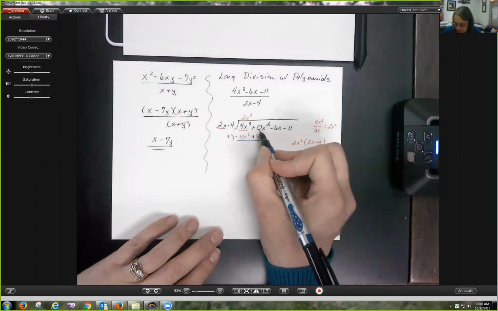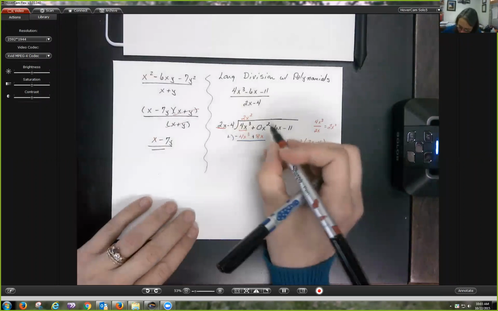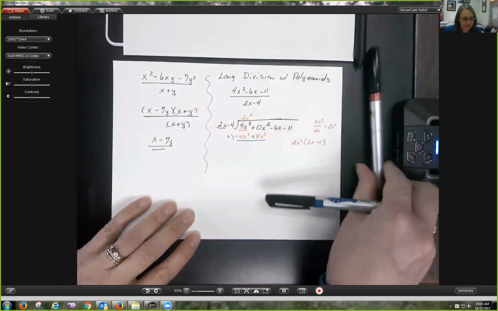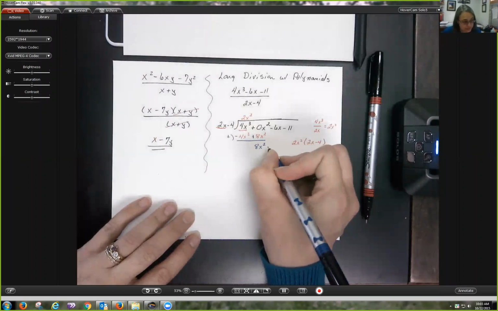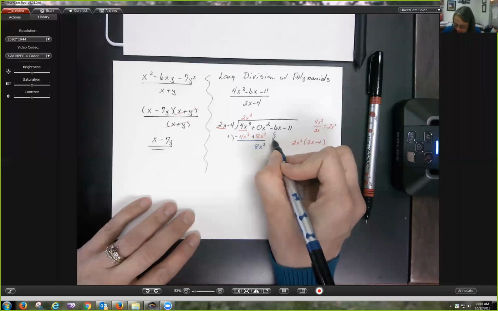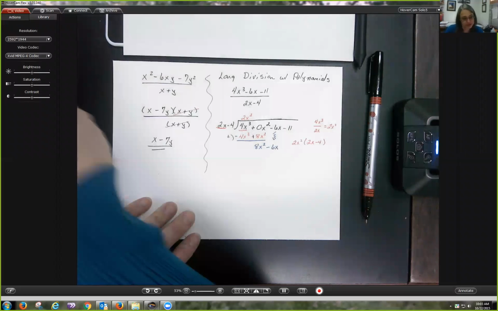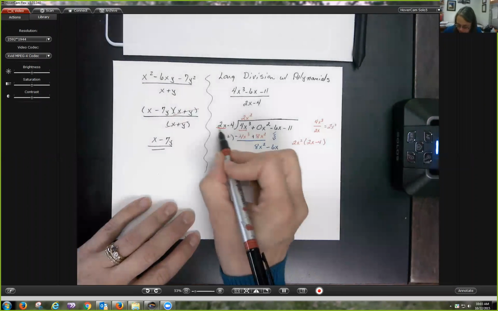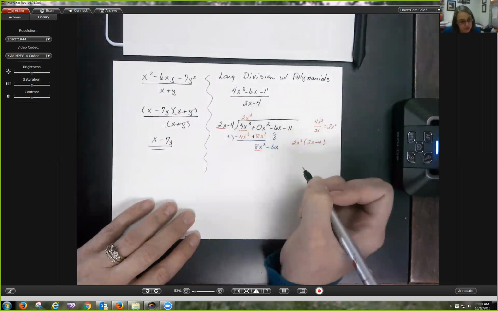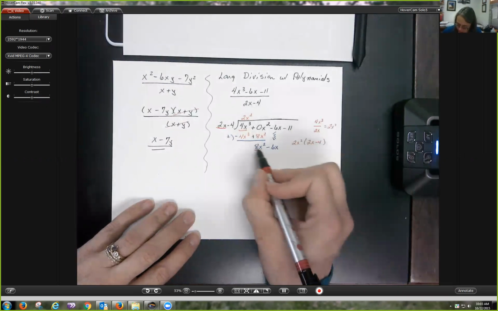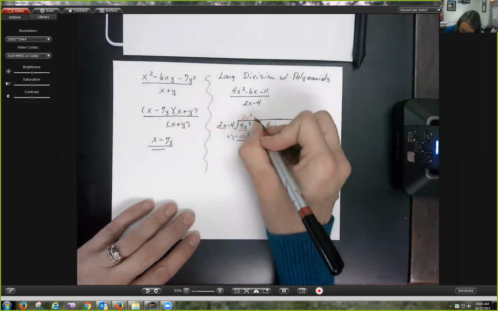Now we add 0x squared and 8x squared, and we get 8x squared. And now we bring down the next term. And we wash, rinse, and repeat. We're going to compare 2x to 8x squared, and we ask ourselves, 8x squared divided by 2x gives me